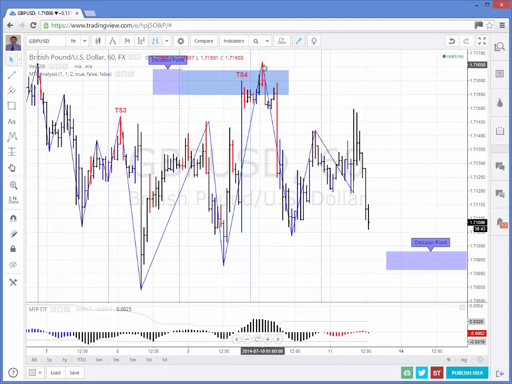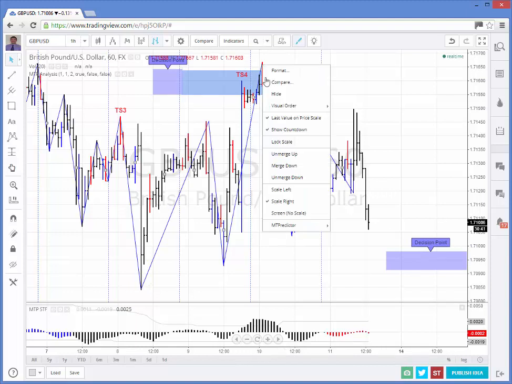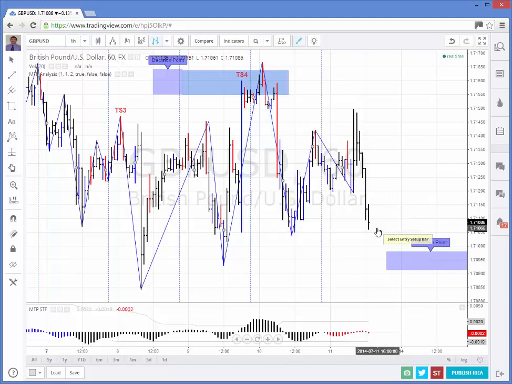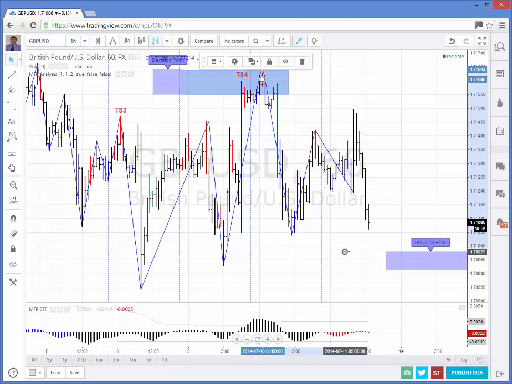So we right mouse click over the bar, MTPredictor, manual risk reward. We now, as you can see by the tooltip here, we select the entry bar. So that's our entry bar, so we click the entry bar. We then select our stop bar, and in this case it's the same bar. We then come down and select our target price. So this is just a horizontal up and down to select the level we wish to do our risk reward